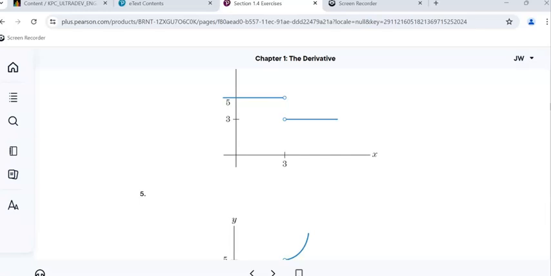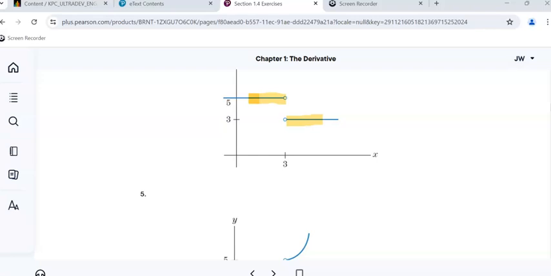Now, when I look at this one, I can see that this side, the left side, the negative side, would be 5. This one here would be 3. So this limit at 3 does not exist because they're not equal, both sides. Now we don't care that the round circle, the fact that the function doesn't exist at 3, doesn't phase us,